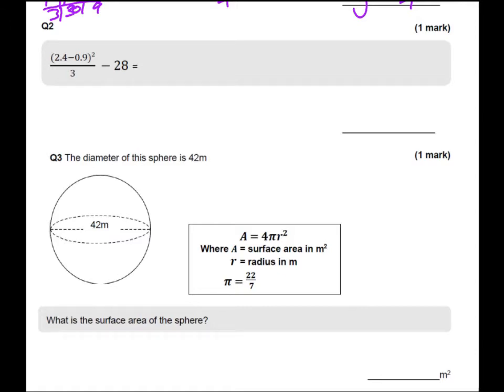Now let's have a look at question 2. Again, this question is slightly more complicated than something you might get at the start of a non-calculator paper, but it may appear later on in the paper. This question is going to test us on our knowledge of BIDMAS, where we have to do what is in the brackets first. So if we do 2.4 and we take away 0.9,